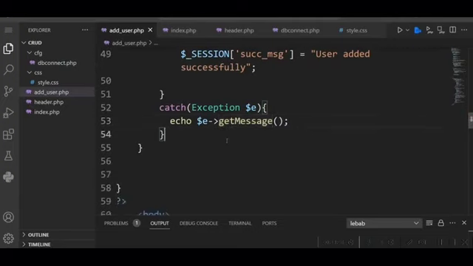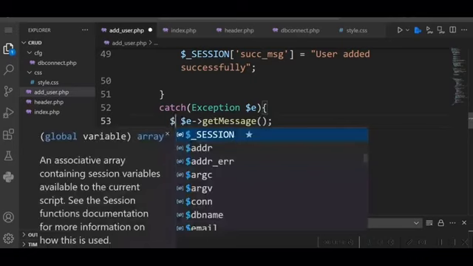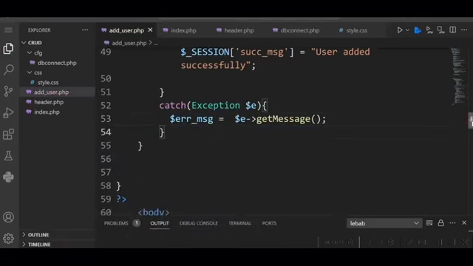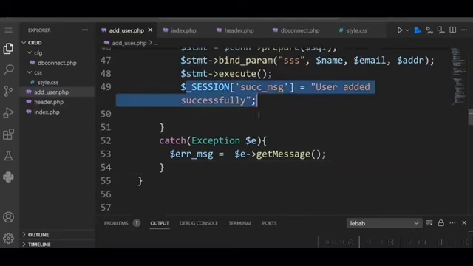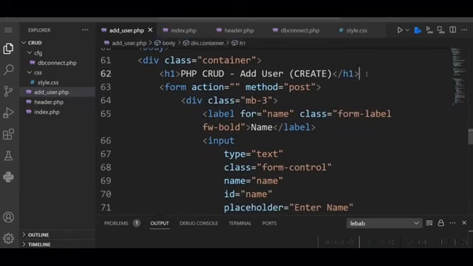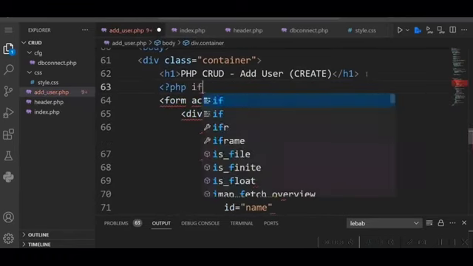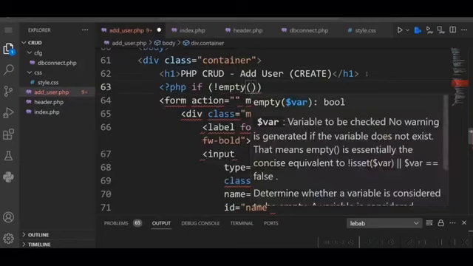In case of error, we want to display the error message in the same form only. So instead of echoing here, we will give a variable, error message, equal to this. Now we want to display this success message and error message. The success message will be displayed in index.php and the error message will be displayed in this same form only. So let us first do that. Add the error message, if not empty